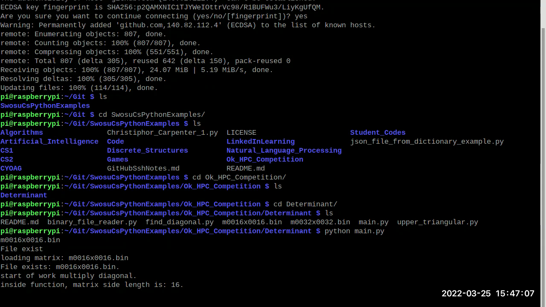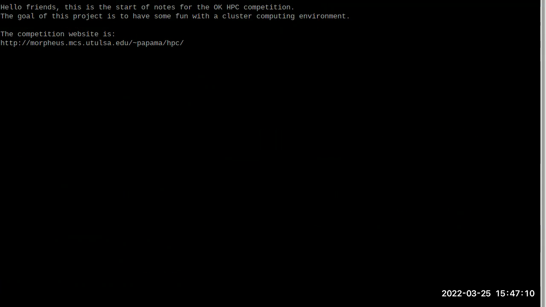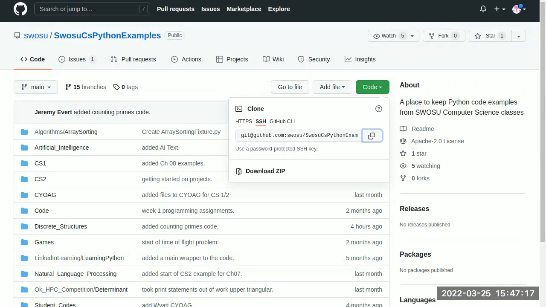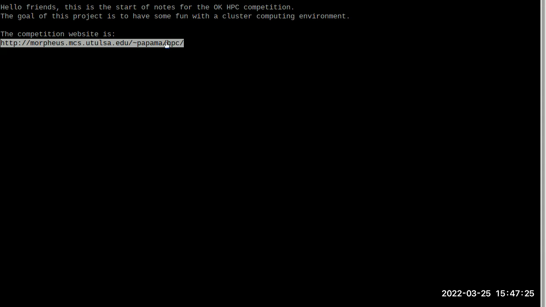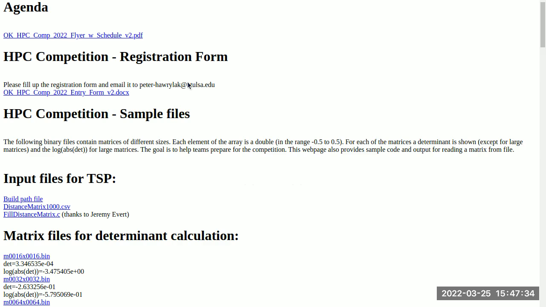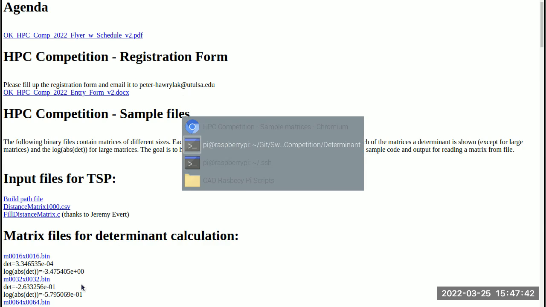So I'm going to open up the README file because it's got the URL that I need. This is the URL that I need to go and look at the stuff. So I'll just go back here and I'll open this up. No, that's not the one that we needed, friends. I need this. So let's copy it. Oh, can I just open the URL? That's nice. Cool. Well, if memory serves, and it doesn't always,